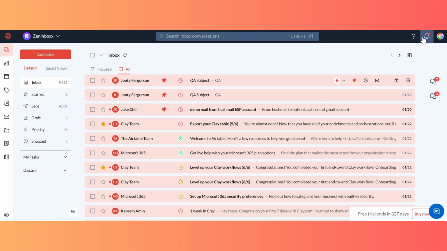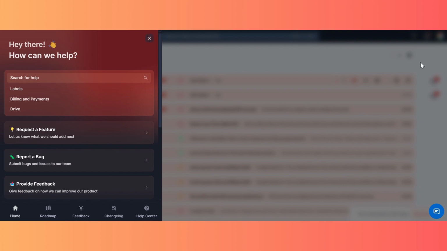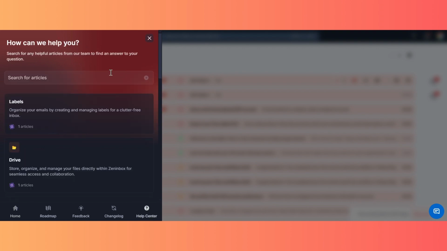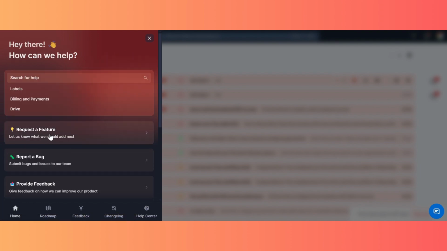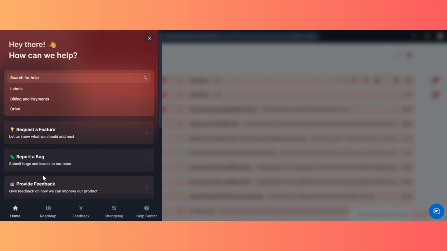Click the Help icon in the top right corner of your ZenInbox dashboard. Use the search bar to find specific topics or browse the categories like labels, billing, drive, and more for detailed guides. Whether it's requesting a feature, reporting a bug, or providing feedback, you can use the dedicated options to communicate